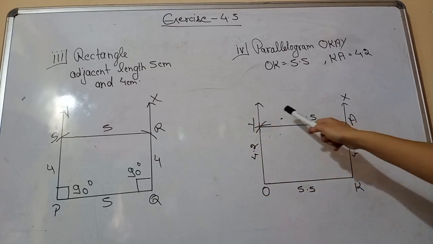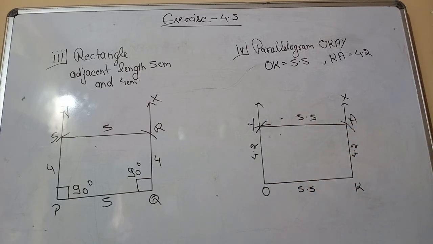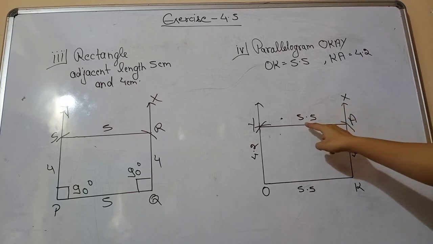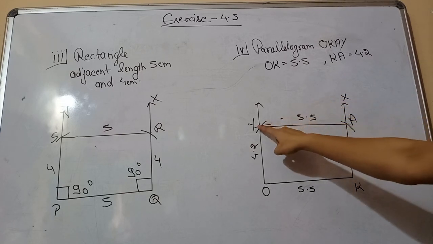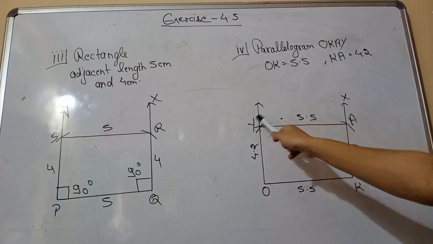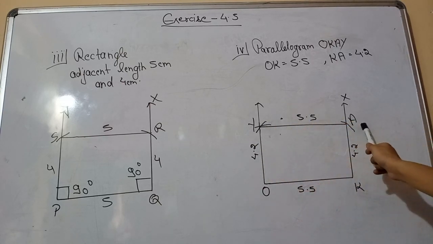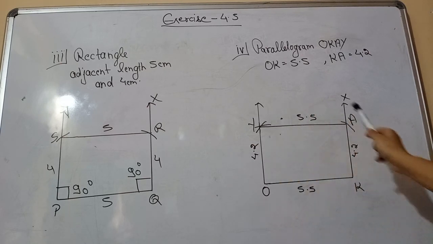Now here you can see there are two arcs given. If one is of 4.2 centimeters, the other is obviously of 5.5 centimeters. Now we already have this point A. Place your divider on A, take radius 5.5 centimeters and cut one arc like this. This is the second arc, which is at Y. Now you will get an intersection point, of the 4.2 arc and the 5.5 arc. So join all the line segments, and you will get your parallelogram.